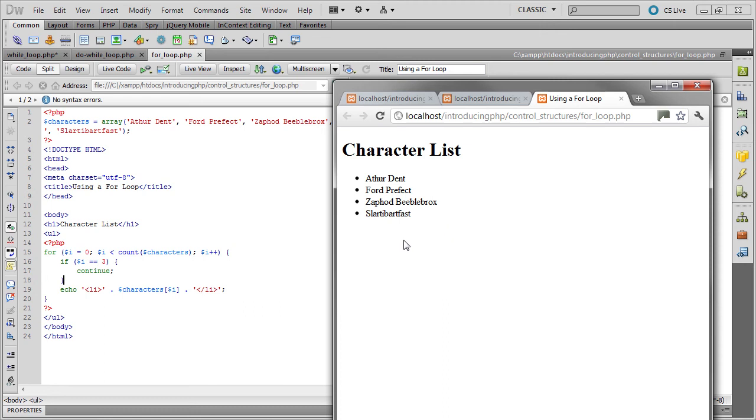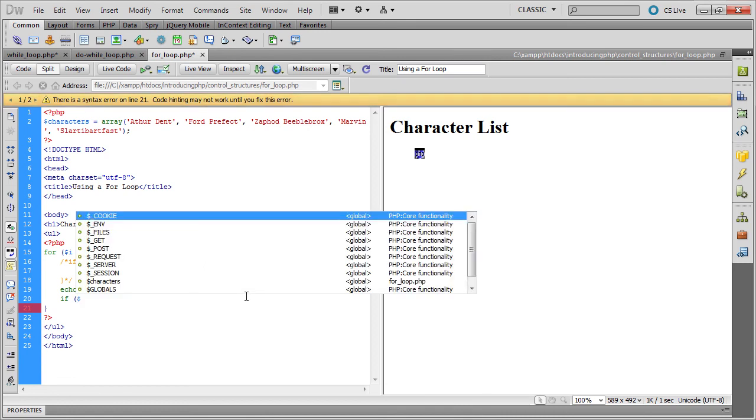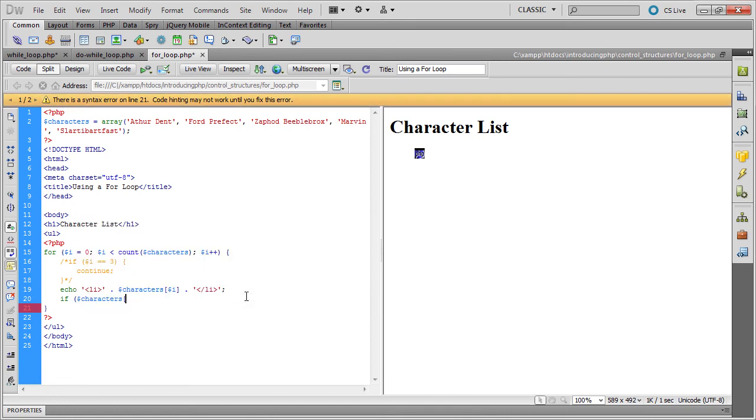As well as skipping an iteration of the loop, you very often need to stop the loop running altogether, and you do that using the break keyword. Let me just comment those lines out. And what I want to do is I want to stop the loop running after Zaphod Beeblebrox. So I'm going to put a conditional statement in here. If characters i equals